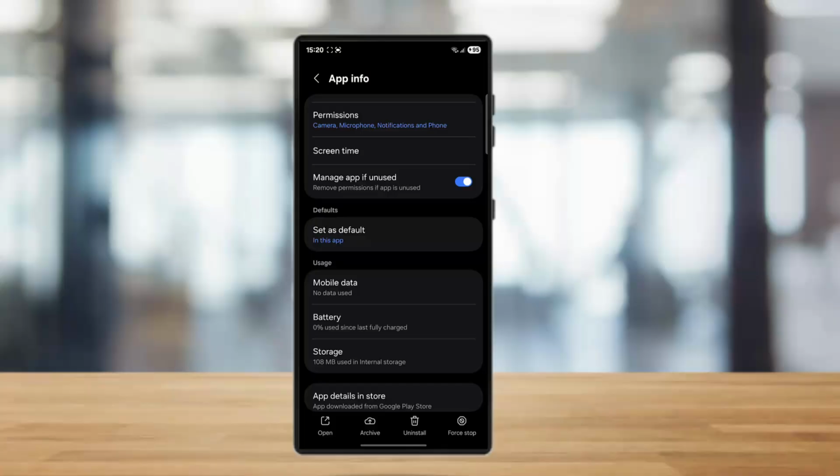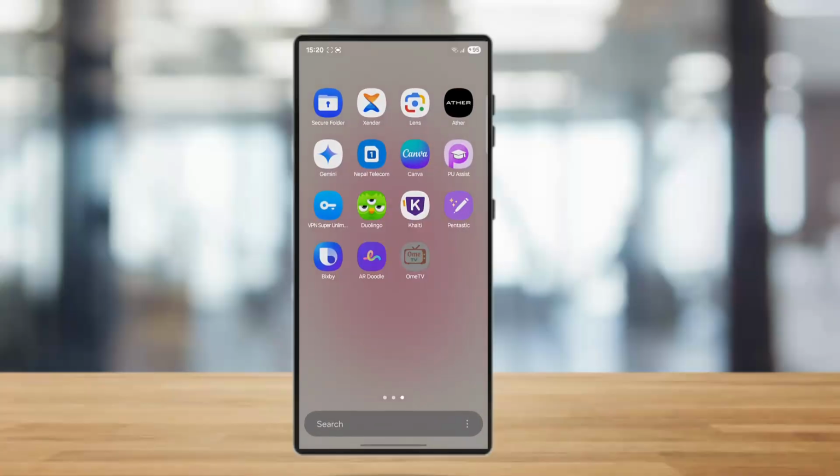Or if this problem persists till the end, you can simply try to uninstall the app and then reinstall it